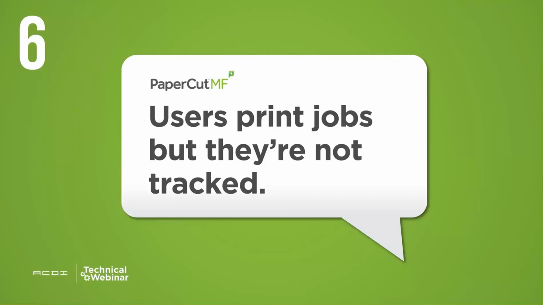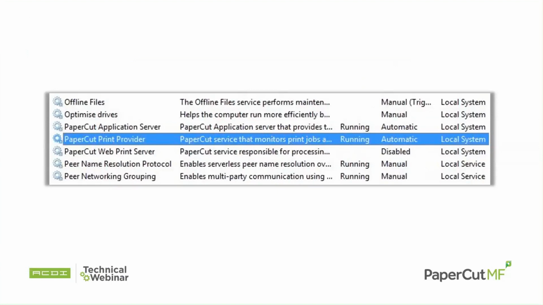Question number 6. Users print jobs, but they're not tracked. Well, there could be a couple of things going on here. PaperCut is running. Dashboard is available, but for some reason the job is not being tracked. PaperCut is SOA, Service-Oriented Architecture, and it installs 3 services upon installation: the PaperCut Application Server, PaperCut Print Provider, and